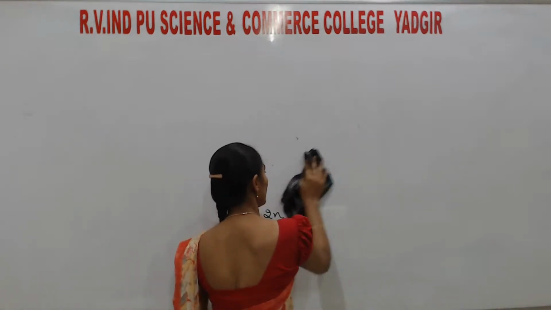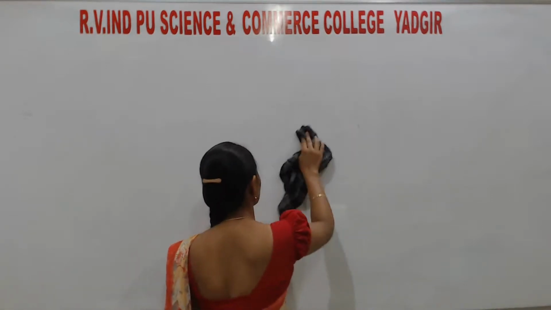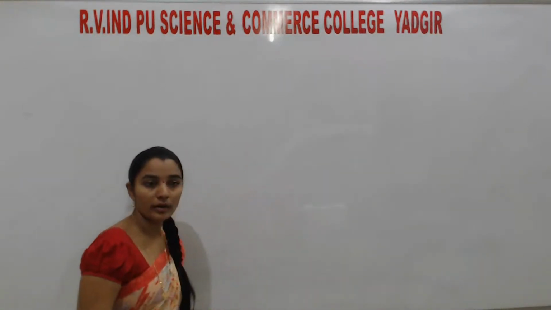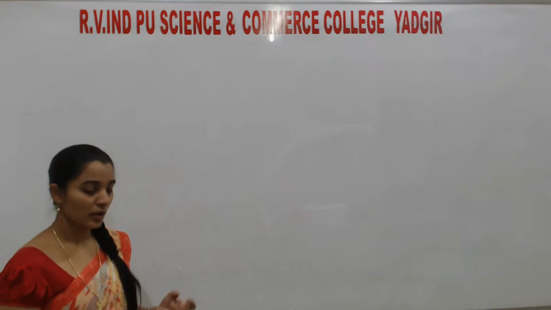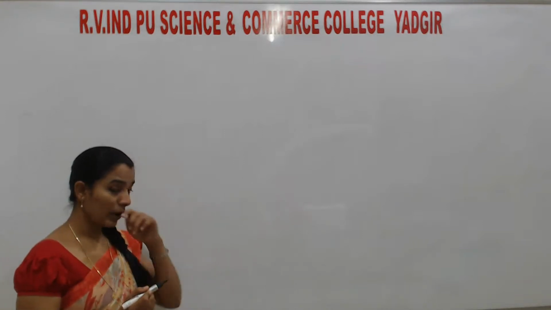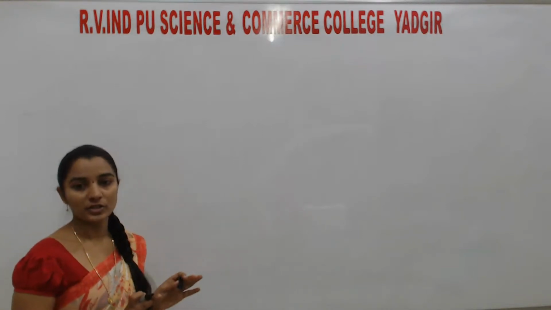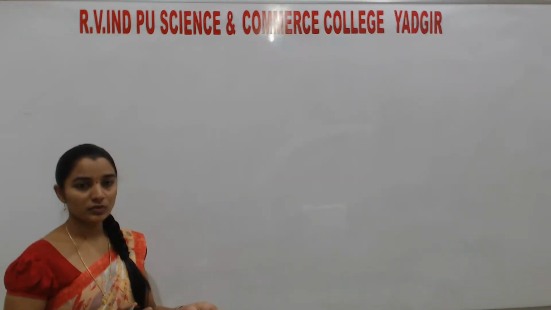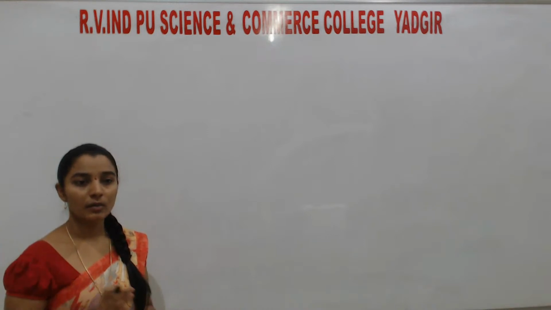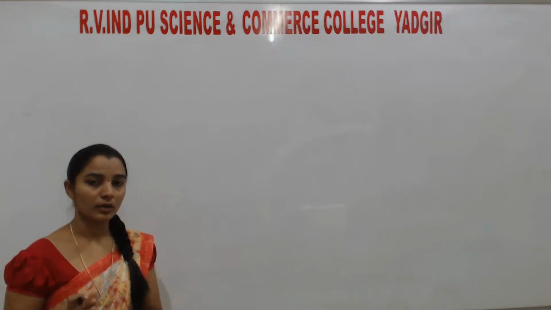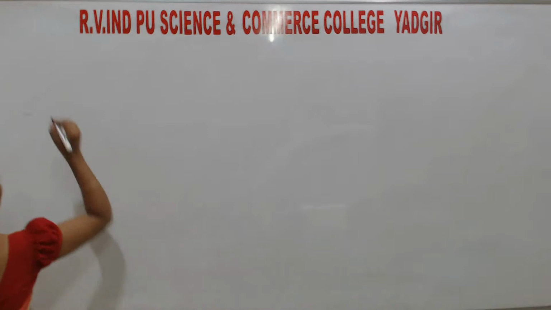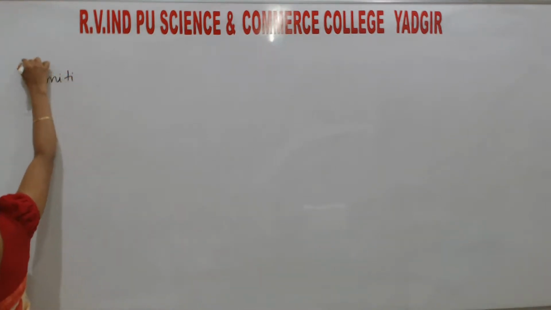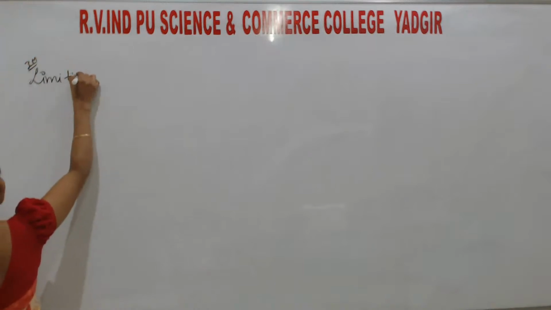These are the postulates of Bohr's atomic model. In today's class, I'll explain, as I told you, that today we are using the quantum mechanical model or quantum atomic model. Bohr's atomic model also has some limitations. That's why nowadays we use the quantum mechanical model. So what are the limitations? Very important for 3 marks. Limitations of